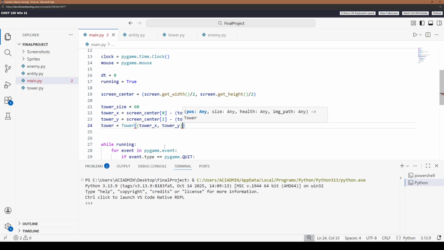We can pass in the tower size, and we can pass in the health, let's say 100, and then the image path is going to be,